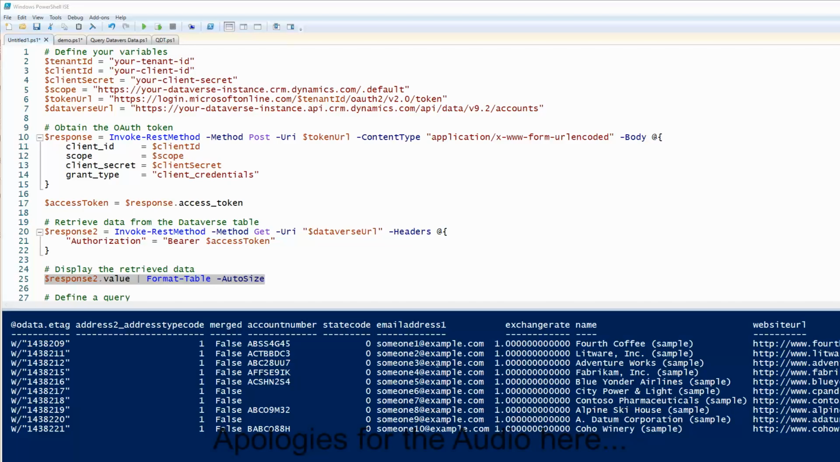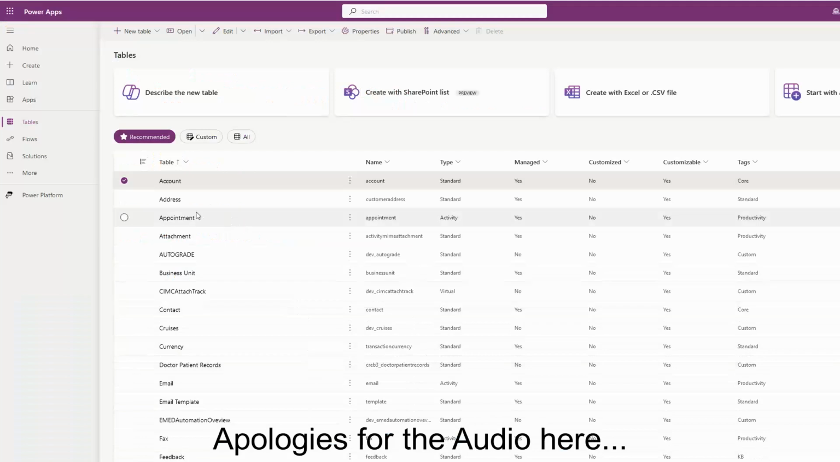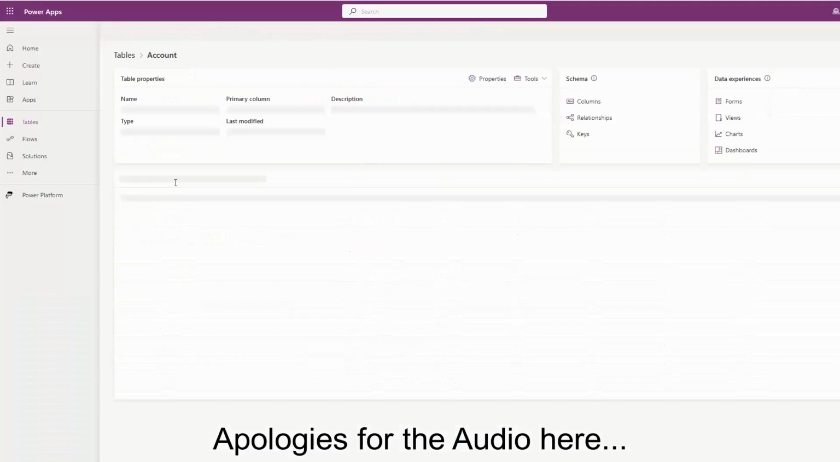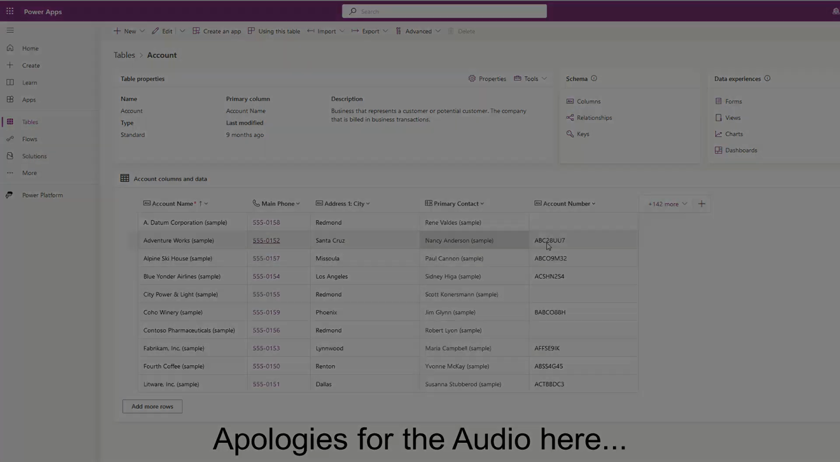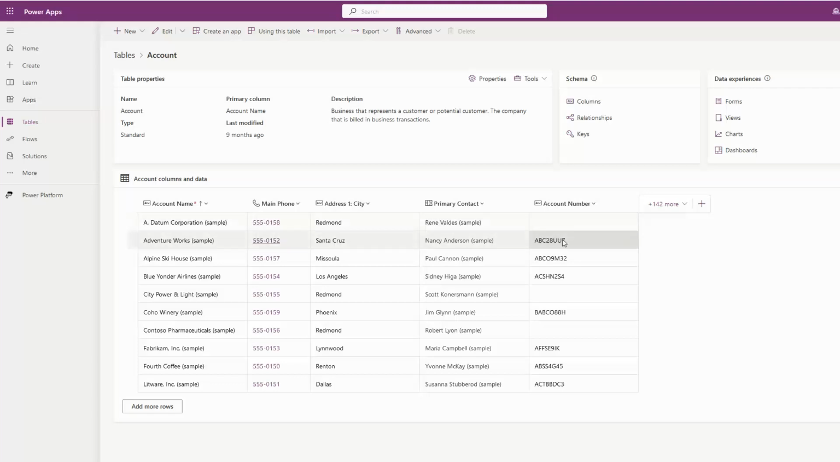Okay, so let's go ahead and look at our table data again. So if we go in our table, let's query this row of data with this account number. So I want to define this account number and query the row that has this account number of ABC28UU7. So let's go back to PowerShell